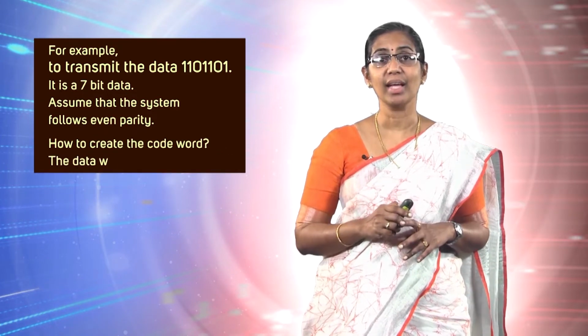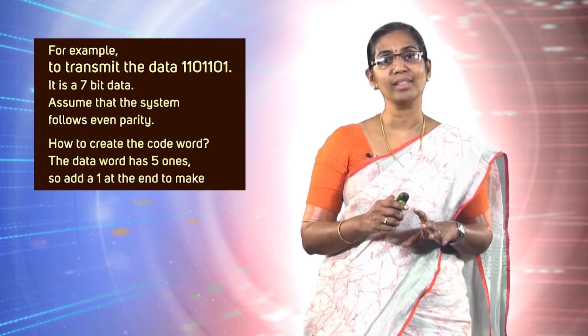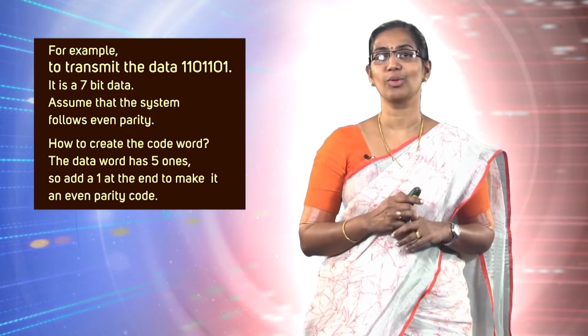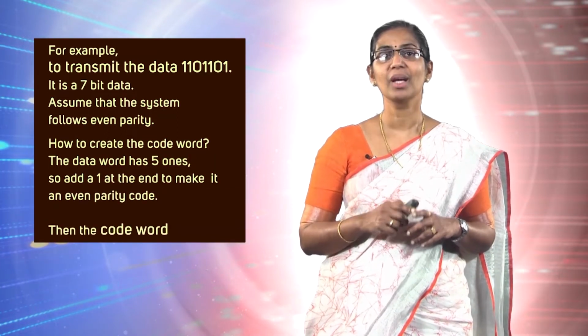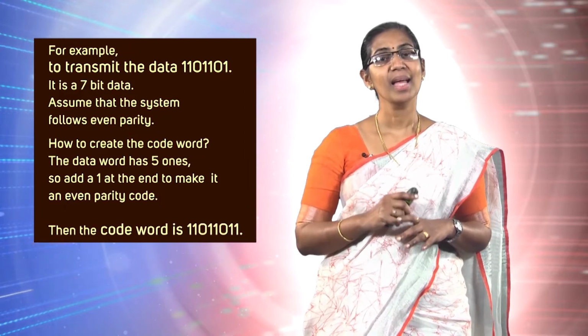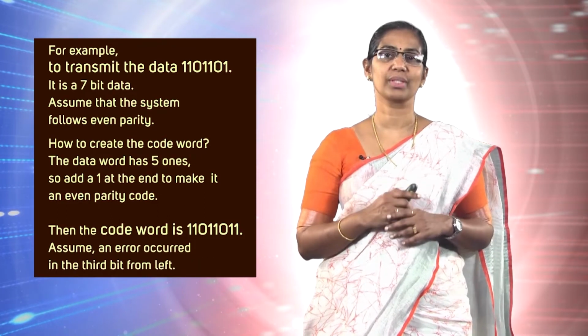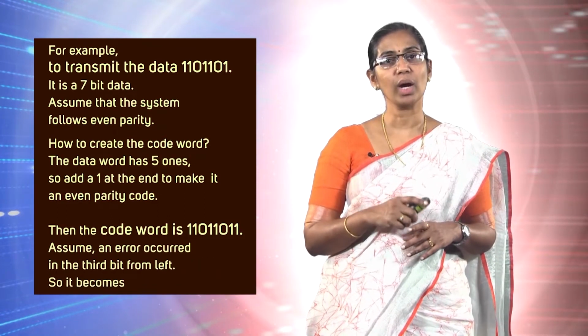The data word has 5 ones, so add a 1 at the end to make it an even parity code. Then the code word becomes 11011011. Assume an error occurred in the 3rd bit from the left. So, it becomes